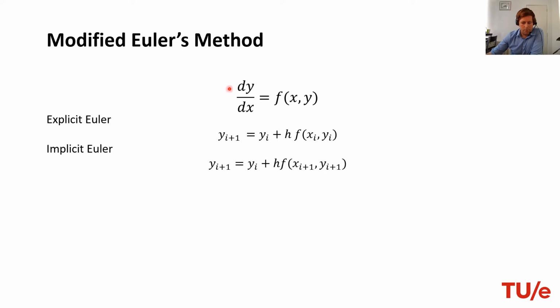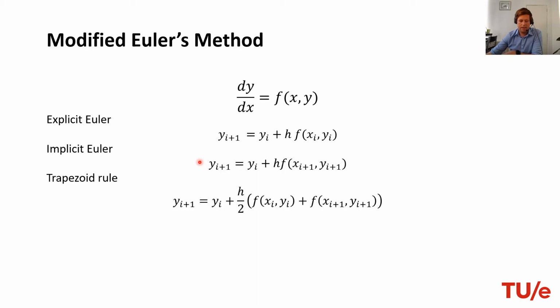So just writing down the equation. So we have for this ordinary differential equation, we have that explicit Euler reads as follows, implicit Euler reads as follows. So what would happen if we just add the two of these and divide it by 2? Well, then we get what is called the trapezoid rule, and that's completely analogous to the trapezoid rule for a numerical integration. This is a valid